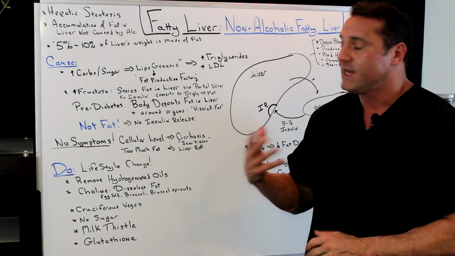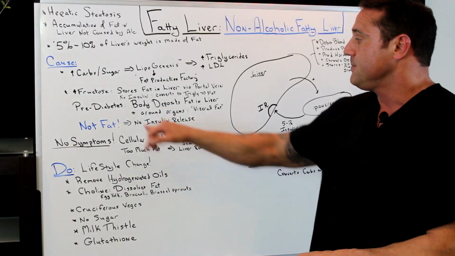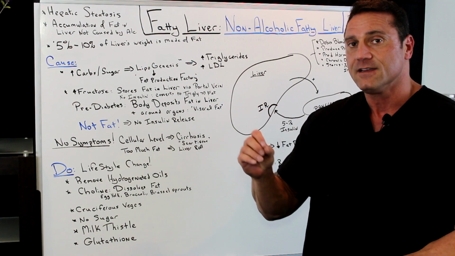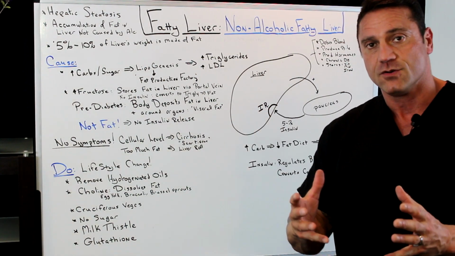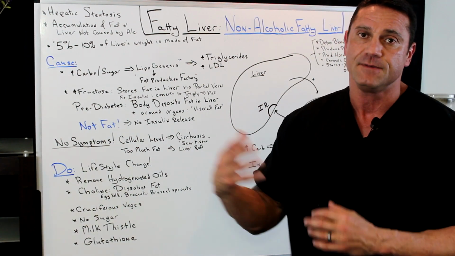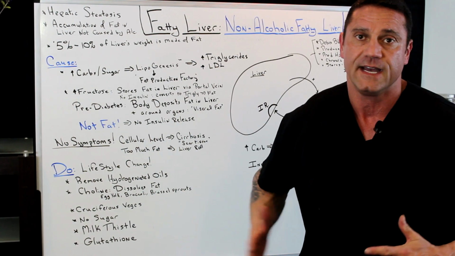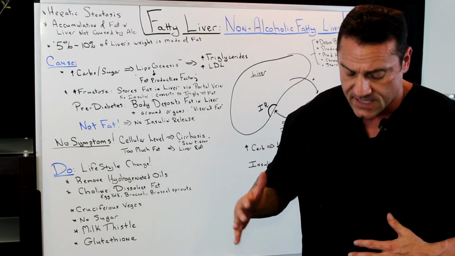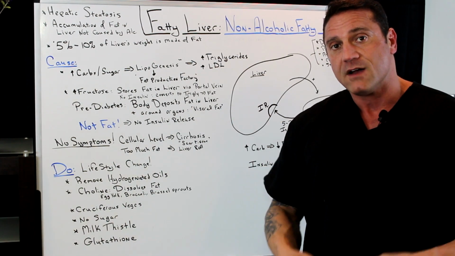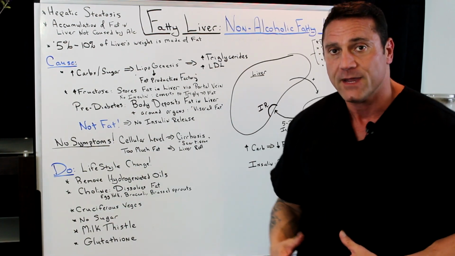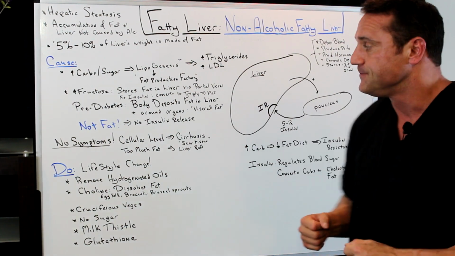All right. Now if you have fatty liver, you're going to get into a pre-diabetic state, because the body deposits the fat in the liver and around the other organs, because it spills over, and this is what's called visceral fat. So in a pre-diabetic or insulin resistant state, this is the individual who has the hard stomach, because not only do you have fat accumulation in the liver, but it spills over around the other body organs. And that's bad because it actually suffocates the other body organs, visceral fat.